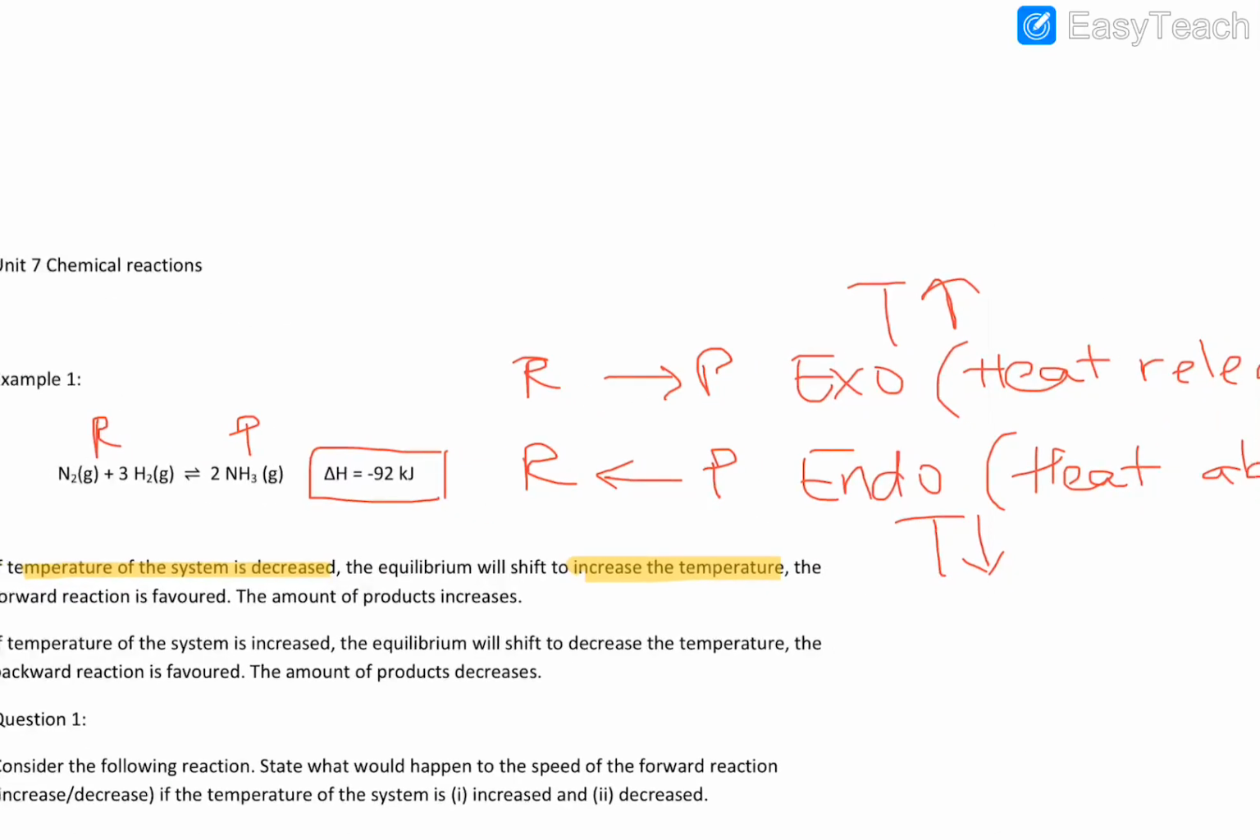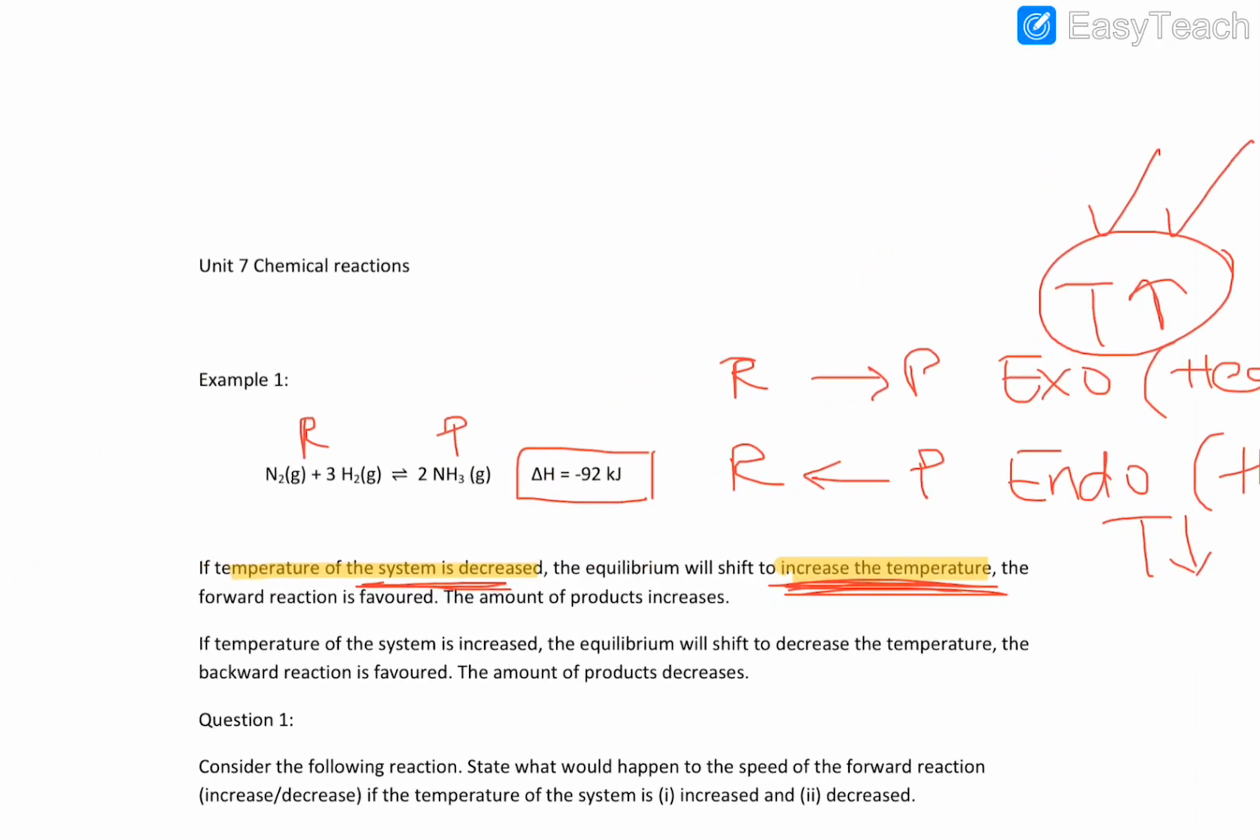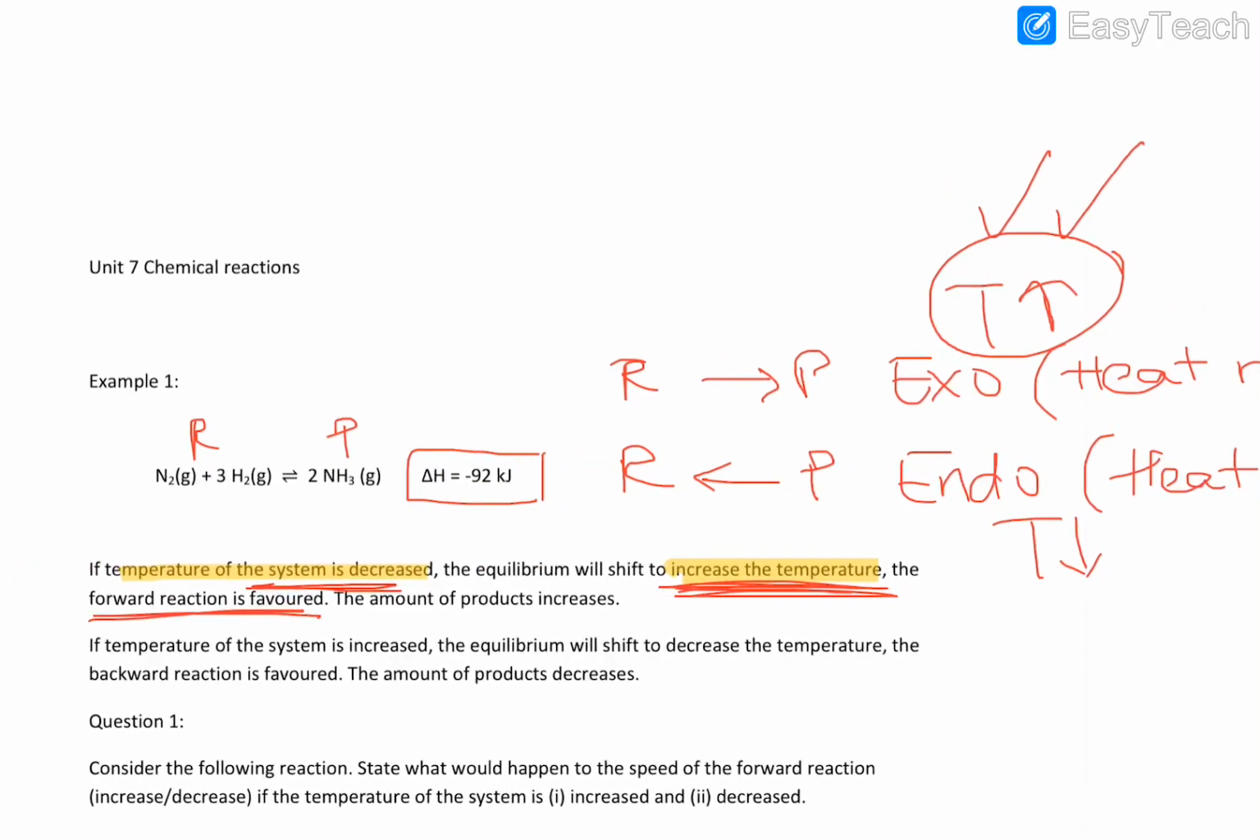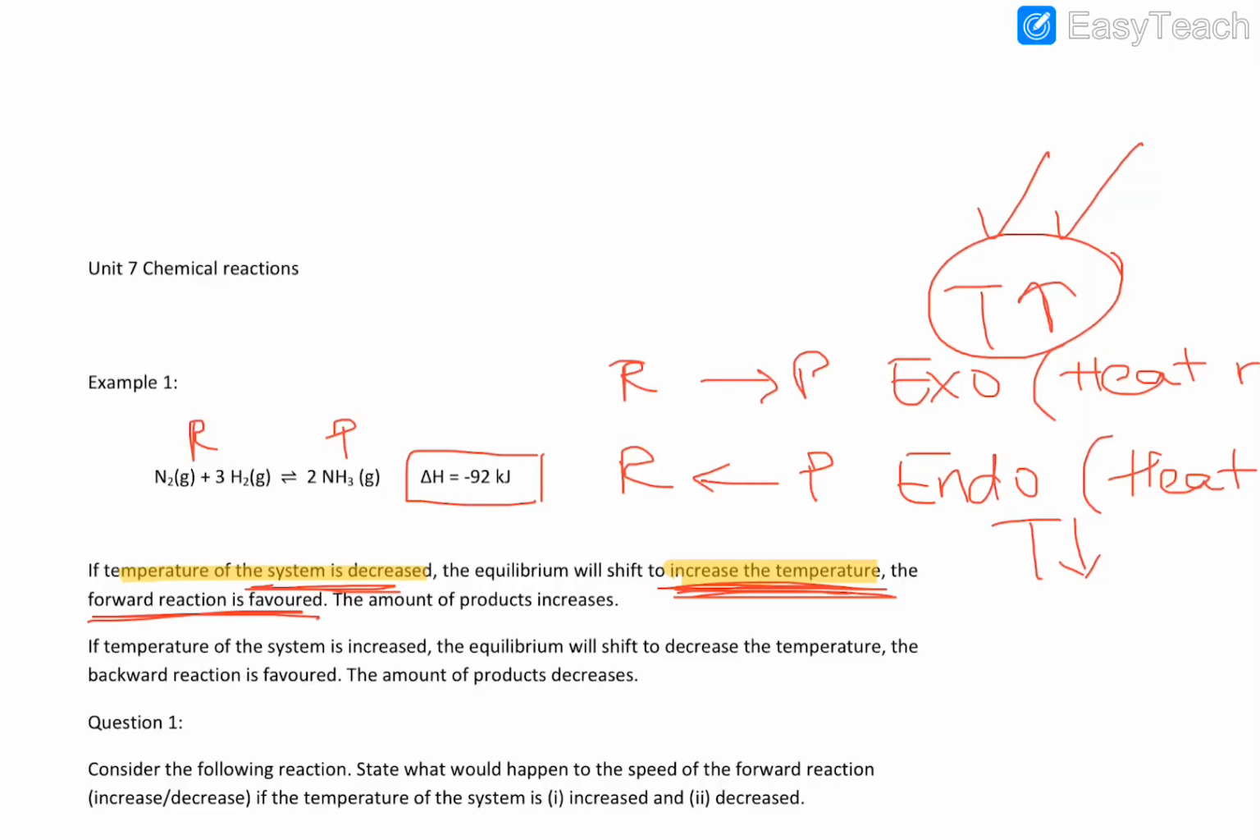So we decrease the temperature, so now the reaction will want to increase the temperature. Which one will be favored? Temperature increase, we are favoring this one, which means that the forward reaction will be favored. So the equilibrium will shift to the right. So the amount of product increases. Let's see what will happen now if we